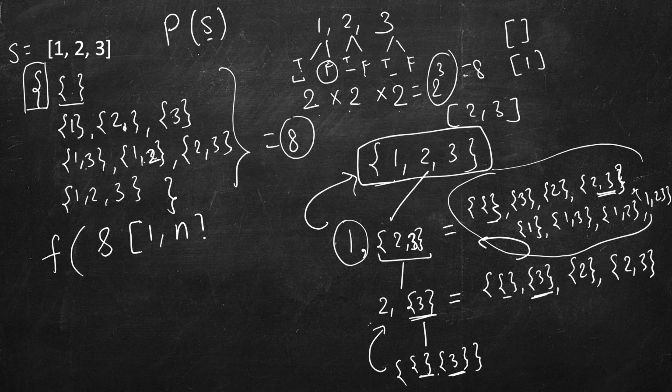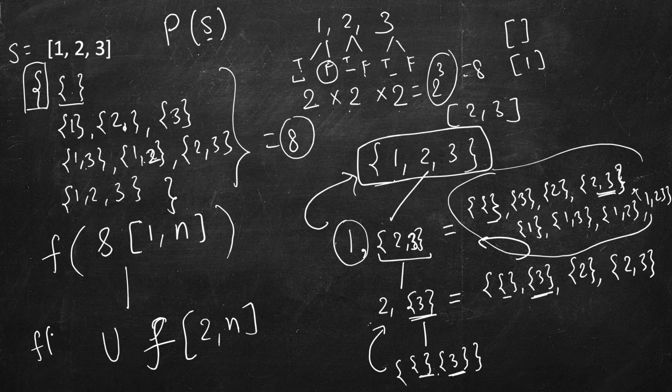So what we are doing, if we are solving for S 1 to n, or if you are starting from 0 index, it may be 0 to n minus 1. So the solution for this is f 2 to n: solve for f 2 to n, and in that solution take the union of the same thing, f 2 to n, but append to it S1, the first element. So whatever is the solution, keep it as it is and append to it the first element. So that is a recursive way of solving it.